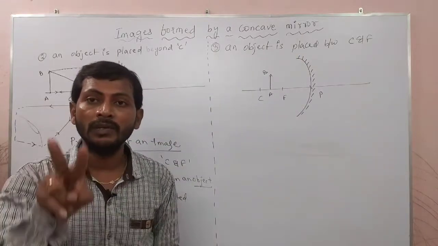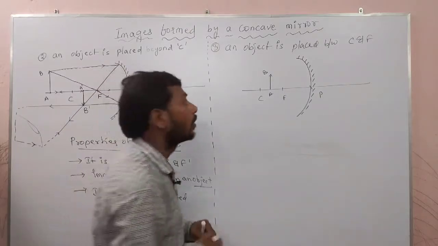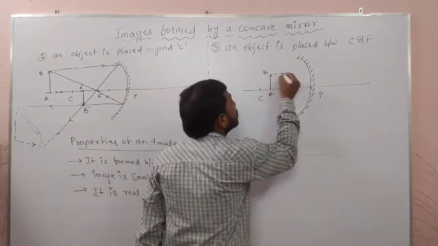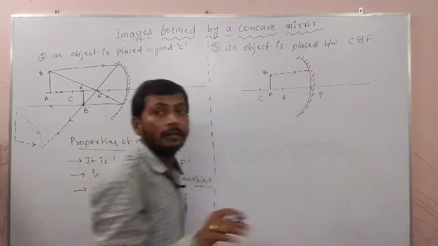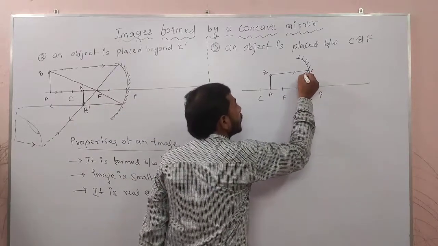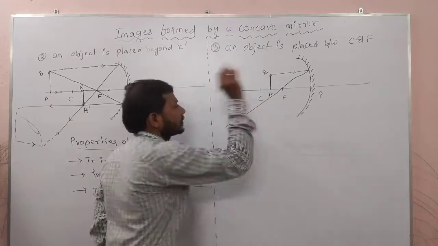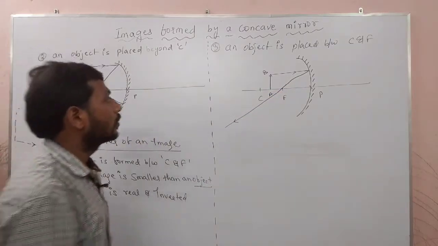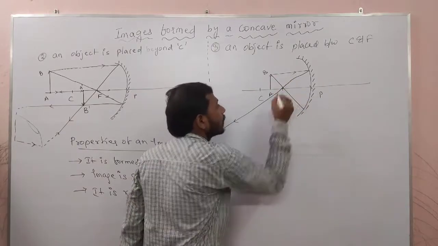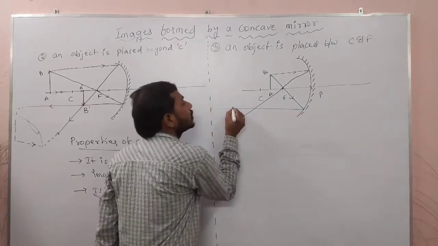When the object is between C and F, according to our condition, we have to draw the image. How many rays do we have to take? 2 rays. Take the first ray. Which rule are you going to follow? Whatever you wish, but I am following the easy rule, that is, the incident ray comes parallel to the principal axis. If it comes parallel to the principal axis, the reflected ray will go through the focus. Very good. For the second ray I am going to take the same kind of rule. If the incident ray comes from the focus, it goes parallel to the principal axis.